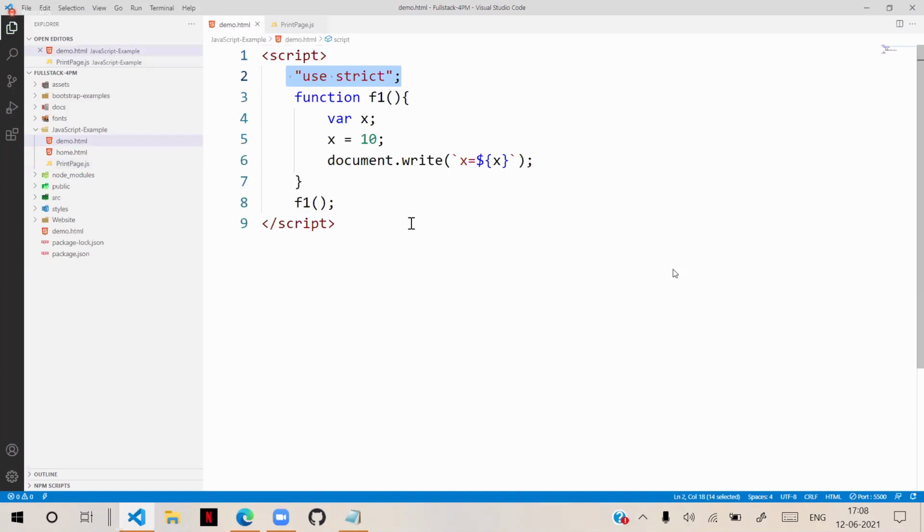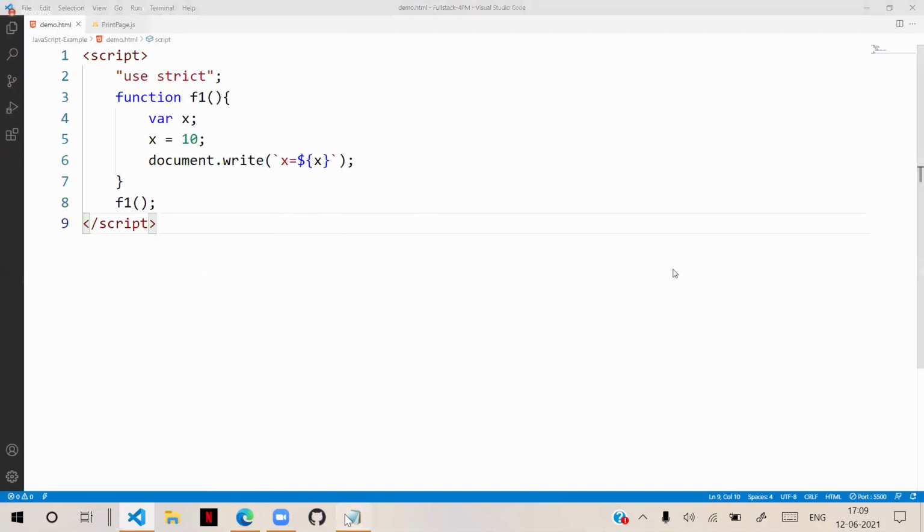Inline, you will not have that, because inline will not allow shortcuts at all. If you violate the standards inline and try to use shortcuts, it will not recognize your code at all. So inline, you don't have a problem. You have a problem only when you are writing embedded or in an external file. That is strict mode.